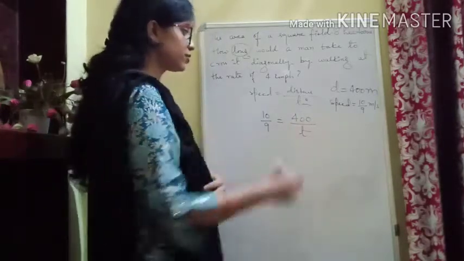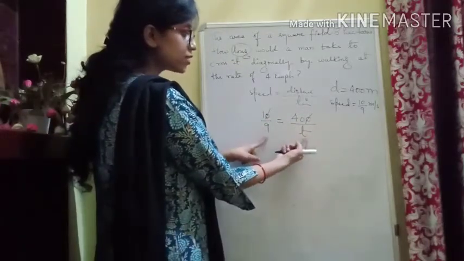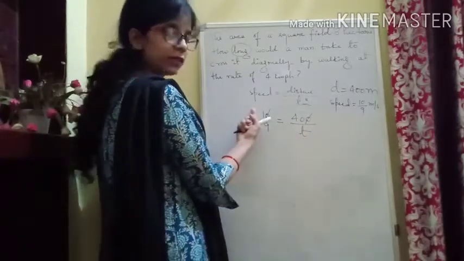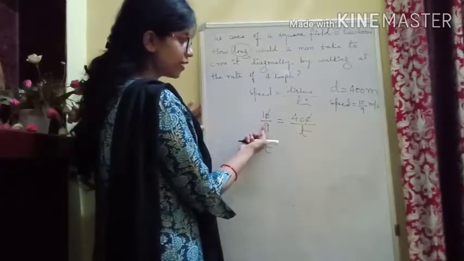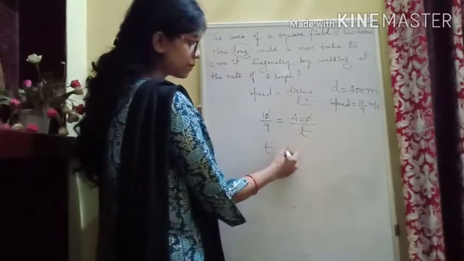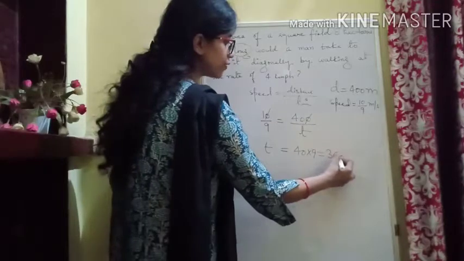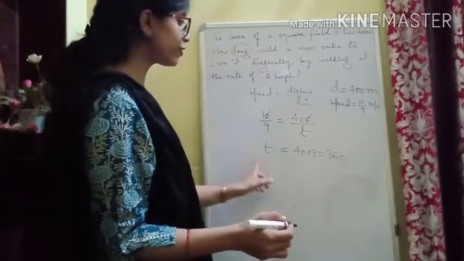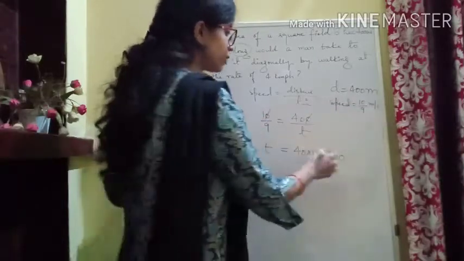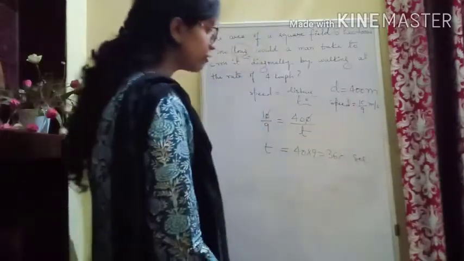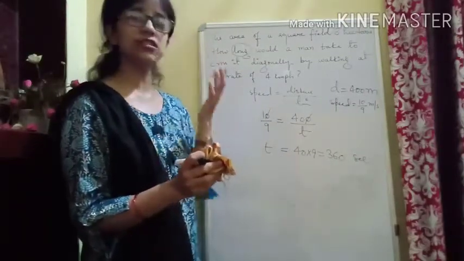Now to calculate time, let us simplify. This 0 and this 0 will get cancelled. You see, this t is in divide, it will come here in multiply. So t into 1 will be t only. And this 9 is in divide, it will go there and it will be in multiply. That means 40 into 9, and that will give you 360. But since we have converted the speed into meter per second, the time here will come in seconds. You can write your answer like that also, 360 seconds.